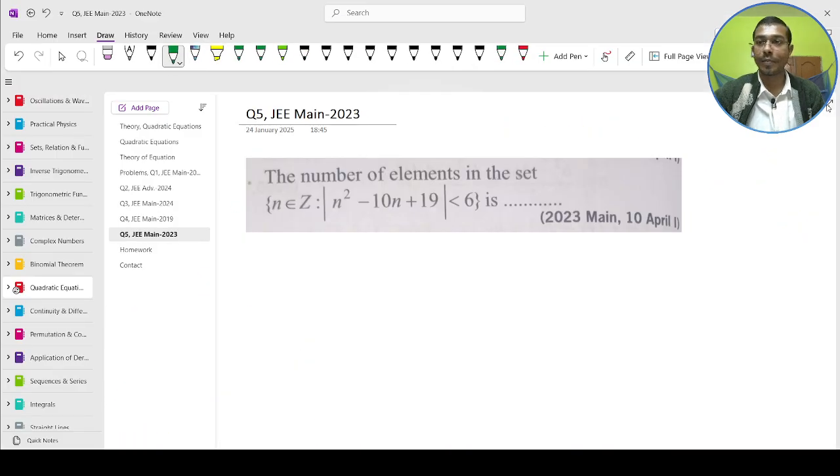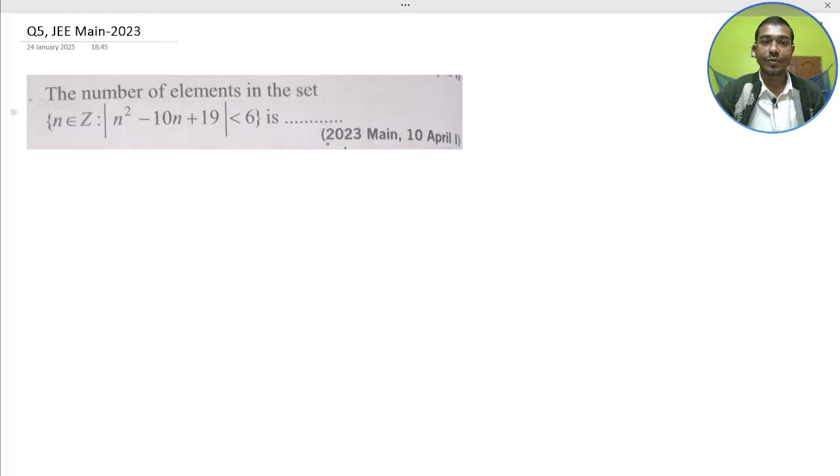Last problem. NAT type question, JEE Main 2023. So the NAT, numerical answer type. The number of elements in the set n belongs to Z, mod of n square minus 10n plus 19 less than 6, is equal to what? You have to find the number of elements. So mod of n square minus 10n plus